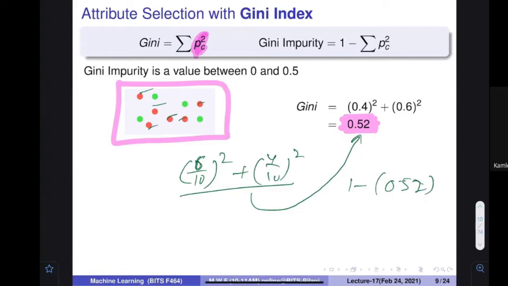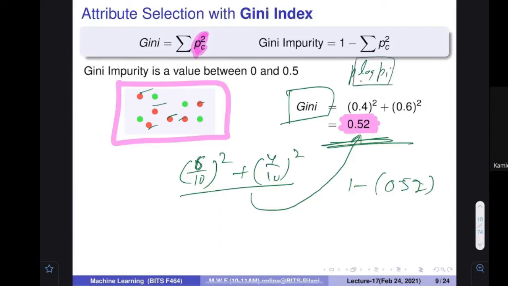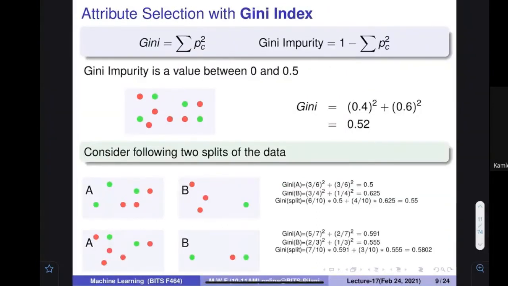Just try to understand that there is some value, the Gini value. So immediately you can find out that computing this Gini quantity is more efficient as compared to the information gain or entropy. Why? Because entropy needs pi log of pi. Taking log is not that easy a thing, because log is something you have to find exponentially, and therefore either you go for an approximation, then you have to find the summation of multiple terms. However, finding the square is very cost effective and fast.